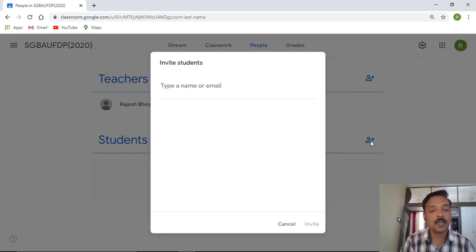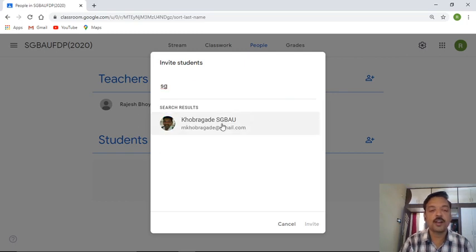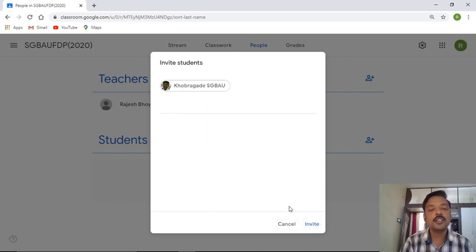But again, I'd like to say it is laborious work. I am not suggesting you type the email address of each and every student and then click on invite. Just like suppose I type over here something as SGBAU something, suppose Kubra Gadesh, this is the email address, and I'll try to invite him as a student. So it is a laborious task.